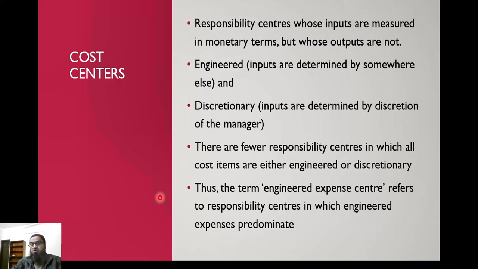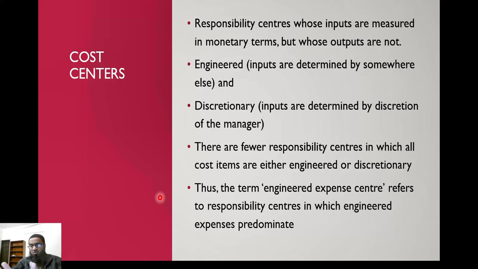On the other hand, the discretionary cost center is such that we cannot establish this link with the output: accounts department, HR department. These are the types of cost centers for which we cannot work out an optimum amount of resources based on the number of units we are going to sell or things like that. Of course, we label them discretionary because there is a discretion. This discretion can be held with the board of directors, with the chief executive officer, or with the particular manager of the department.